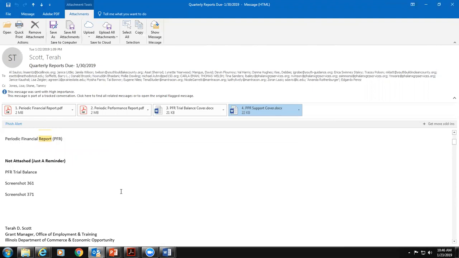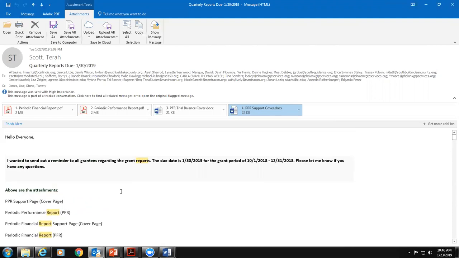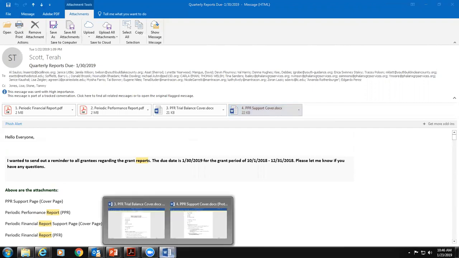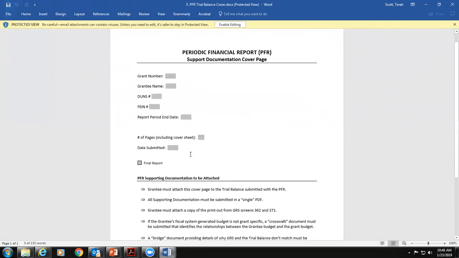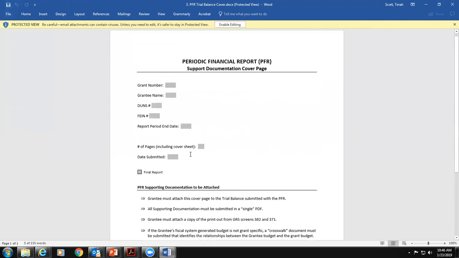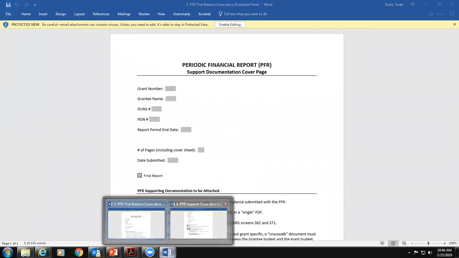Is everybody at least, no, you're not going to be comfortable with it, but is everybody at least on the same page of what needs to be done by the 30th? Yes. Okay. Anybody have any questions? Yes, on the cover page, periodic performance report. So it has all these things. Grantee should submit plan summary report, a benchmark report, and